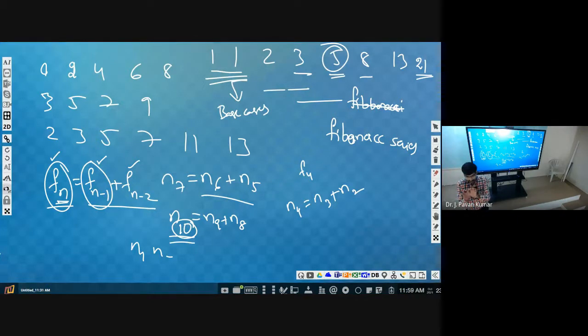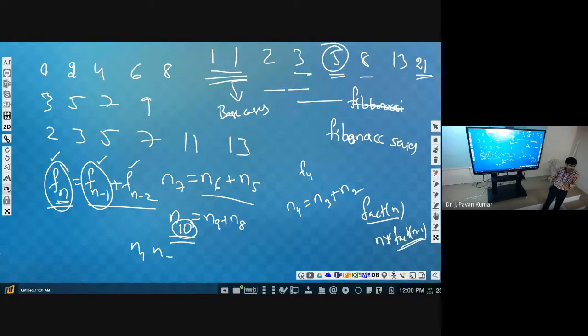Whenever a problem can be solved in terms of the same kind of sub problem, we will make use of the technique called recursion. Earlier we considered fact, the function we use to find the factorial of a given number. Now this particular problem we are solving in terms of the same kind of sub problem, isn't it? These two are of the same type. So whenever we want to solve a problem in terms of the same kind of sub problem, we will make use of recursion.